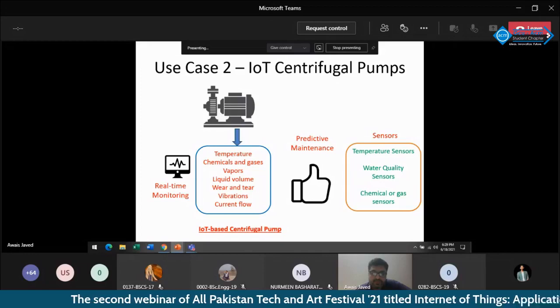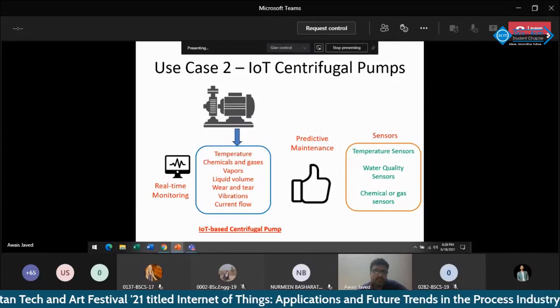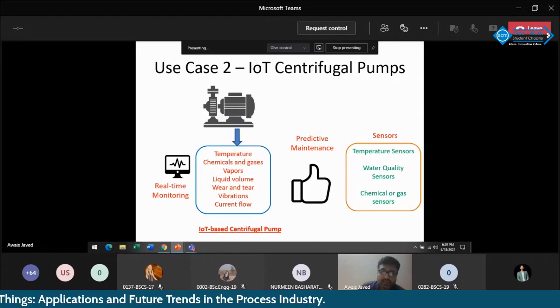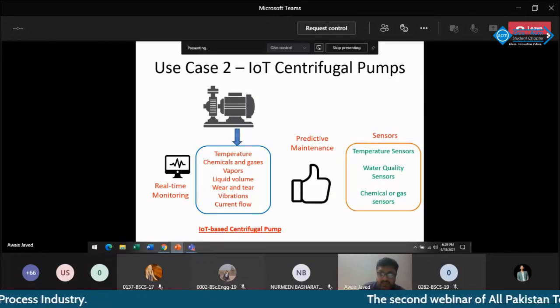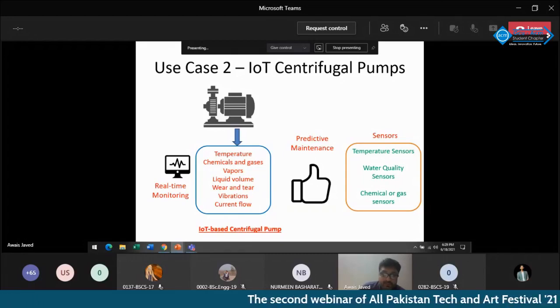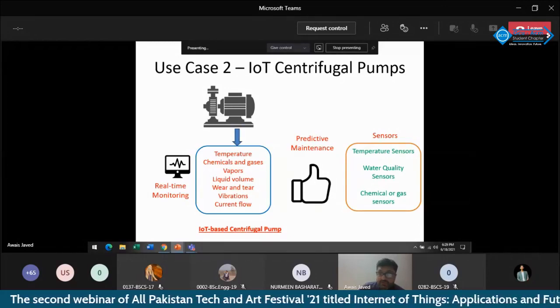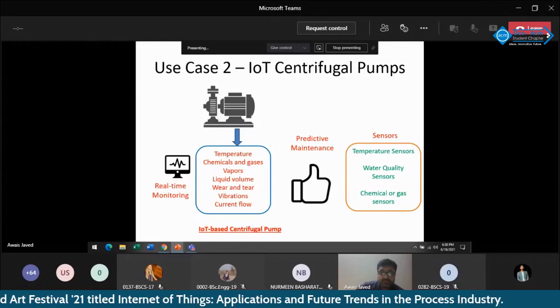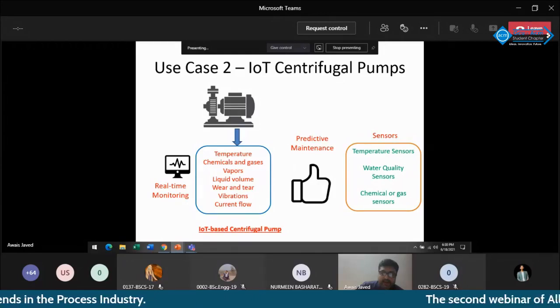Some other sensors that can be very useful include, for example, sensors which detect chemical and gas vapors. Some liquid volume can be measured. There are sensors that can give you the wear and tear of the devices. Vibration sensors can be installed. Current flow sensors can be installed so that you know the current flowing is within the right threshold. All these sensors can be installed, and they can be used to improve the efficiency of the centrifugal